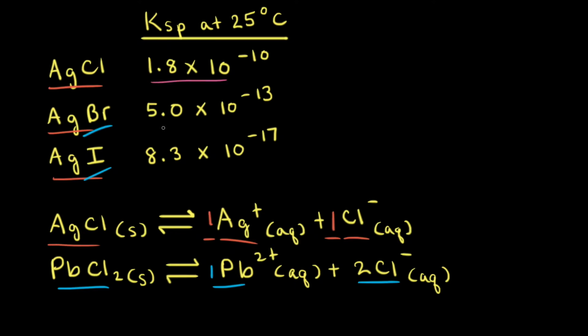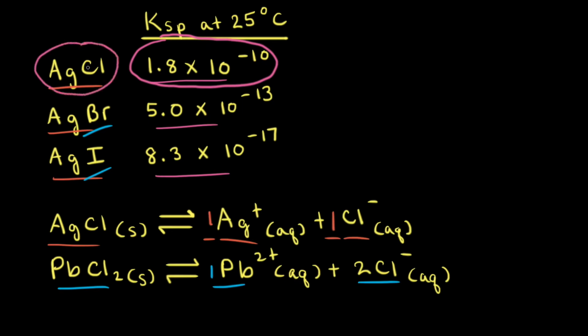For silver bromide, it's 5.0 times 10 to the negative 13th. And for silver iodide, it's 8.3 times 10 to the negative 17th. When comparing salts that produce the same number of ions, the higher the value of Ksp, the higher the solubility of the salt. And since silver chloride has the highest Ksp value of these 3, silver chloride is the most